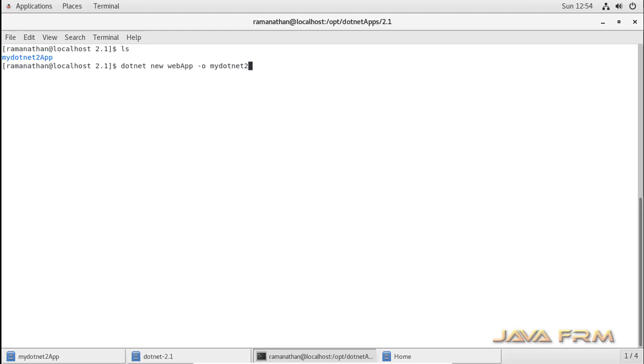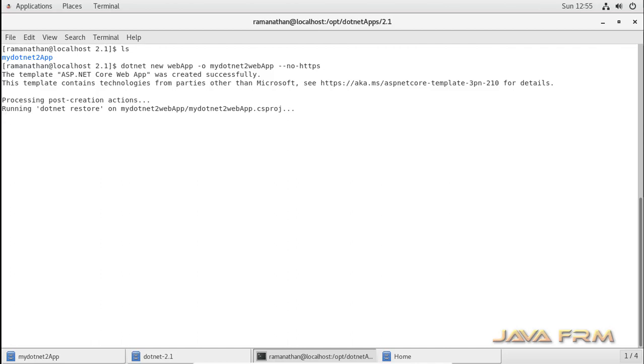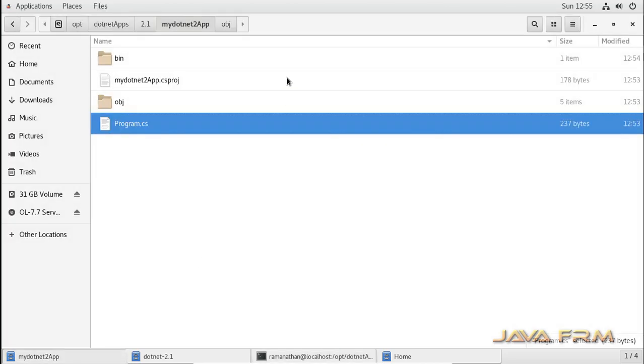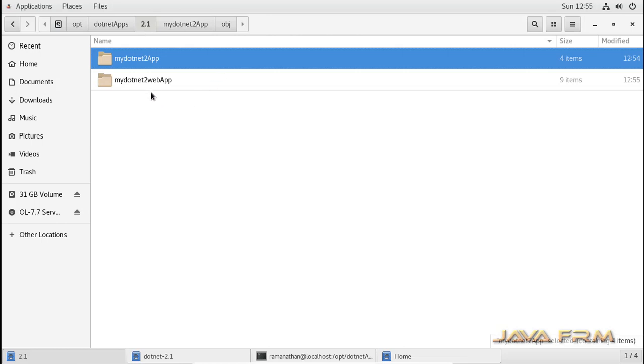This is the command: dotnet new webapp -o web application name --no-https, which means the application can run without the HTTPS protocol. Yes, so you can see that the .NET Core 2.1 web application got created.